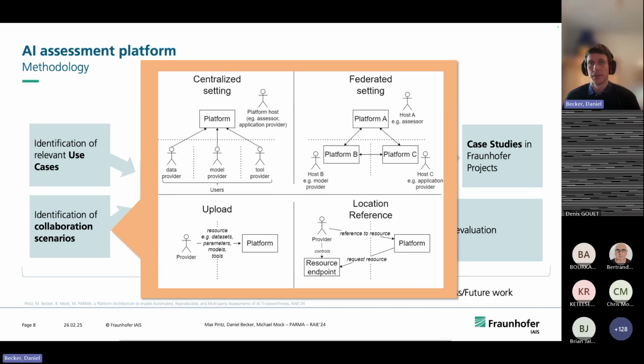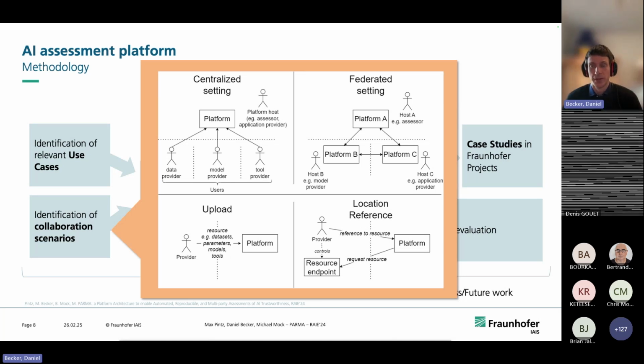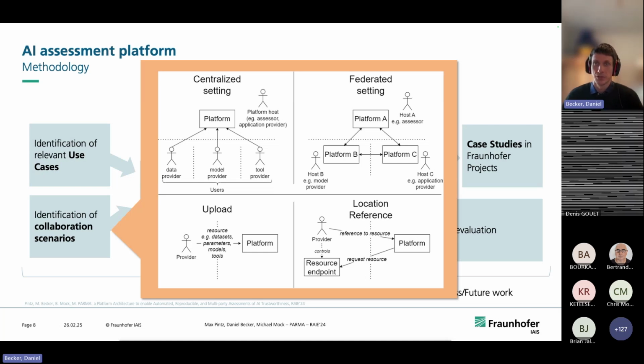But it could also be that sometimes the trust between the parties is not on that level, or, for example, a tool provider wants to just provide the tool, but not upload it to some other party. It could be important that there's also a possibility to realize scenarios where these platforms talk to each other and exchange results and data.